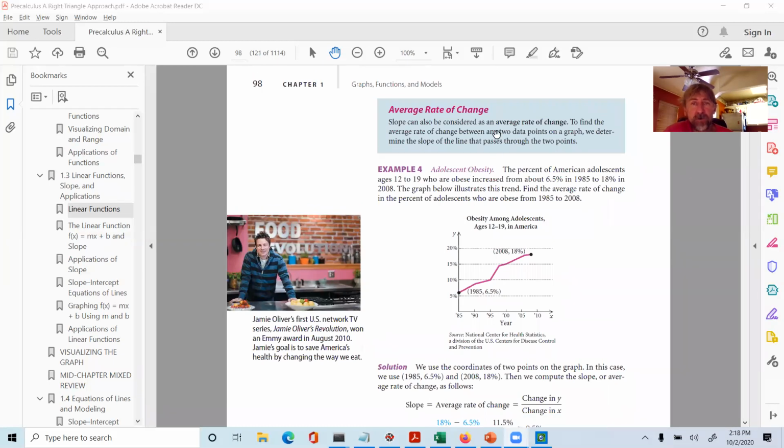Average rates of change, where we pick points on the line and draw a line of best fit through it. So get out your straight edge, put your straight edge on your machine here, right? And I'm going to try to draw a line with my straight edge here. Oh, I got my touch screen going. Well, whatever. But there might be a line that fits through there that you can now read down and say,